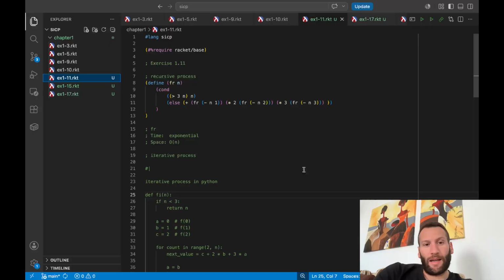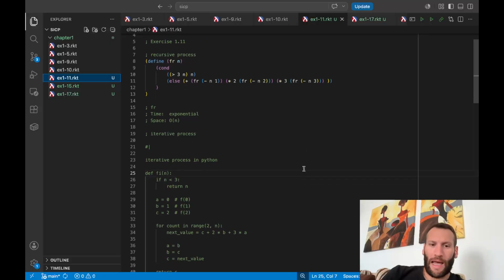Instead, the iterative process is a bit more complex to understand and also to visualize. I had to write it